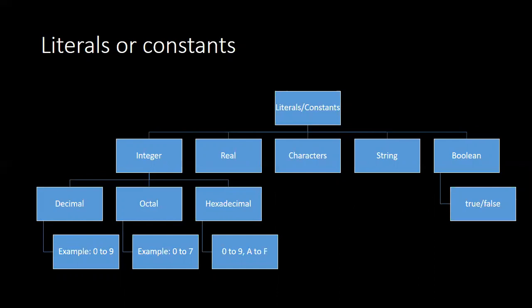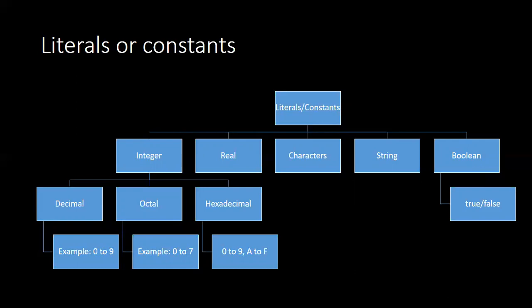Then comes octal. Octal is another number representation system where we use values from 0 to 7. Hexadecimal is another kind of representation system where we write 0 to 9 and then A to F, where A stands for 10 and F stands for 15. So 0 to 9 are as in the decimal system. Then 10 is represented by A, 11 by B, 12 by C, and 13 by D, and so forth. You can then see that E is 14 and F is 15.